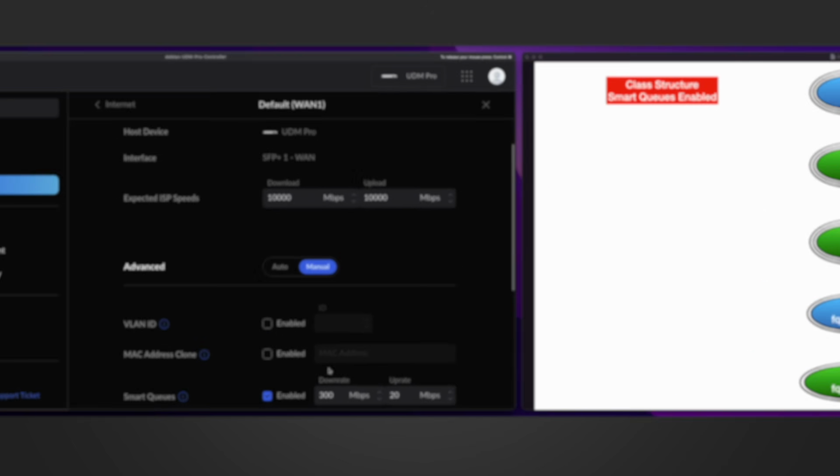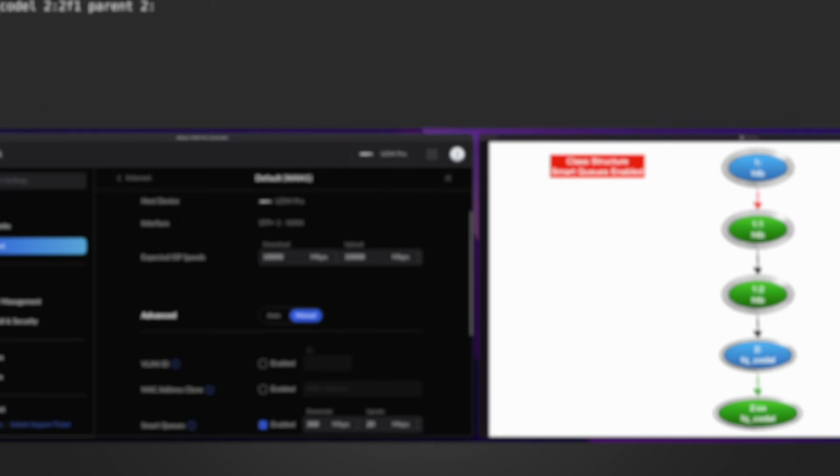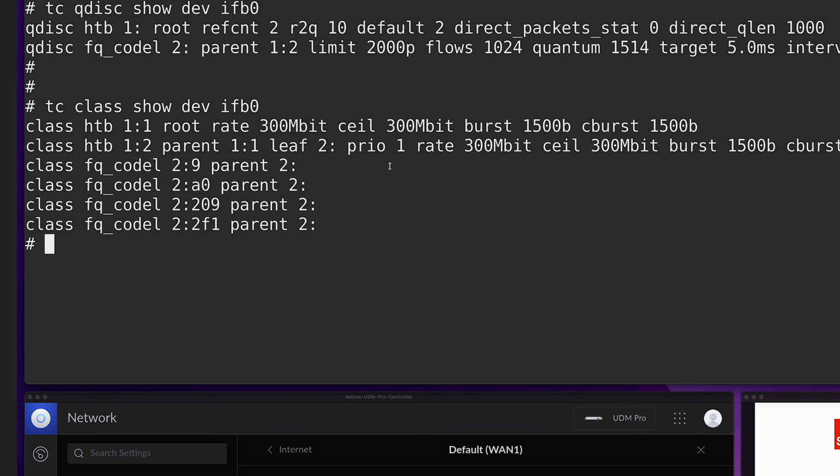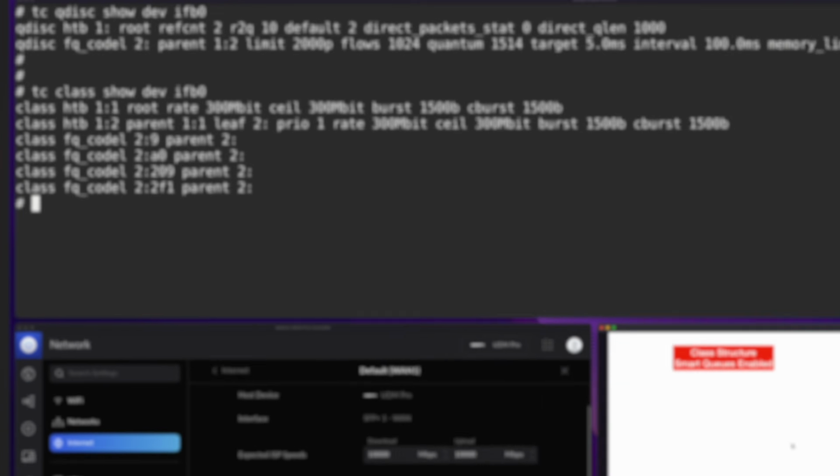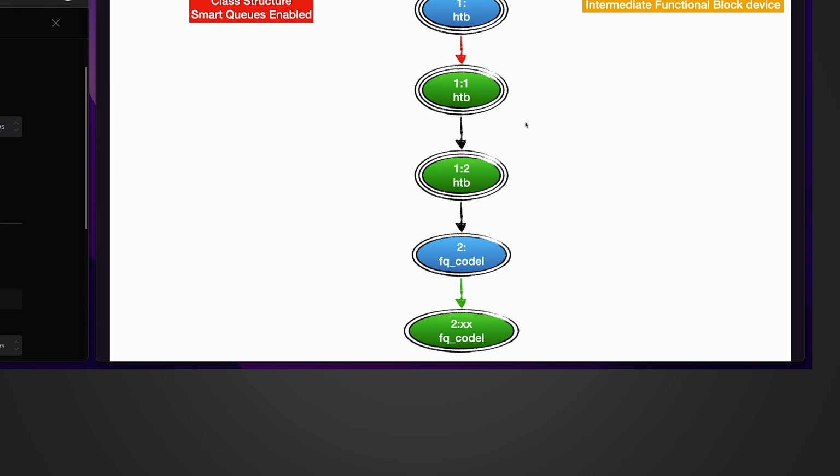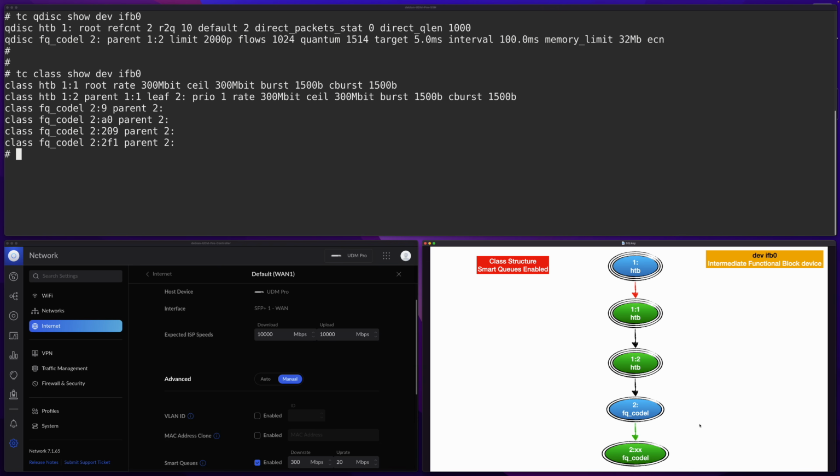First, remember for down rate, we specify 300 megabits, right? Okay, it is showing here. It is used to limit the rate for the IFB0 device. And another thing is, see here, it's showing multiple classes for FairQ codel. Basically, it has the similar situation for the one part. So as leaves, you may see one or multiple FQ codel classes. They come and go. During runtime, based on your current traffic situation, the system will add or remove FQ codel classes on the fly. So that's why if you run the commands at different time, you may see different output